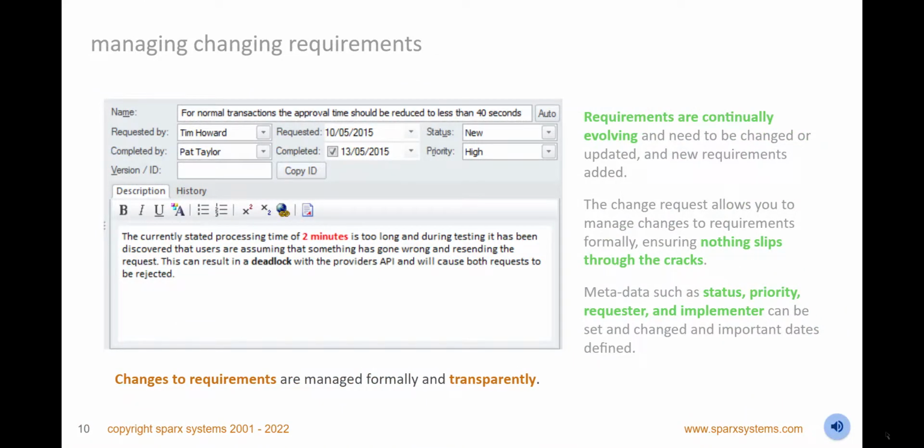Managing changing requirements is critical to the success of any project or endeavor. Using Enterprise Architect, you can document changes to requirements and other elements by creating change records that define the nature of the change, the person who requested the change, its status and priority, and a range of other attributes. This information is critical when creating and evaluating test cases and stakeholder satisfaction.